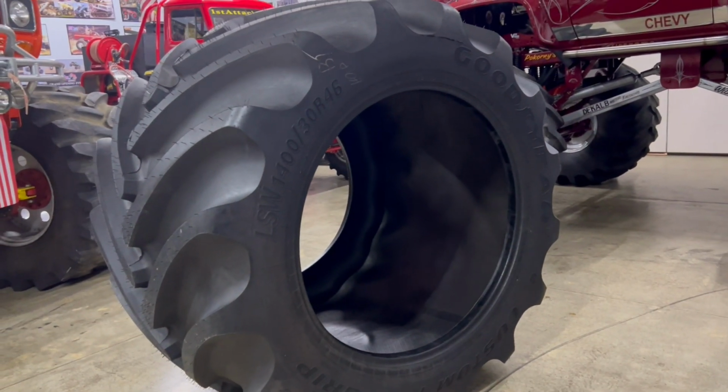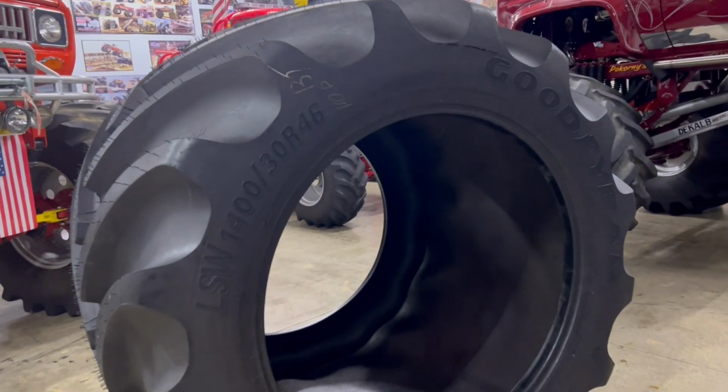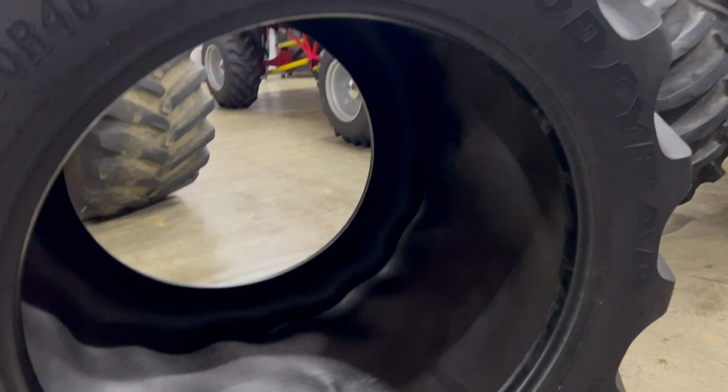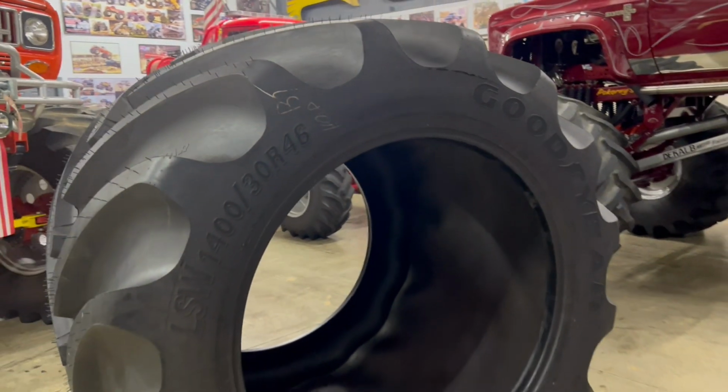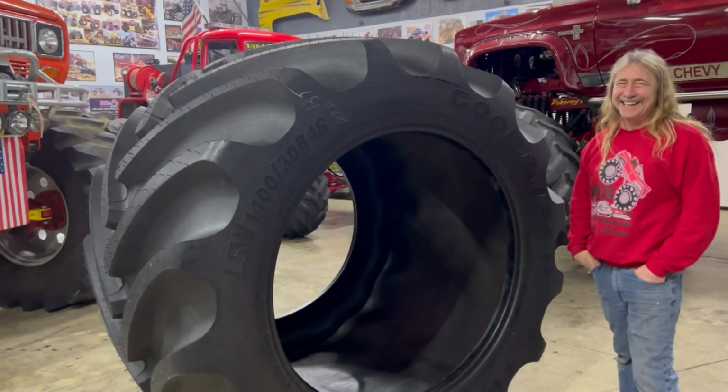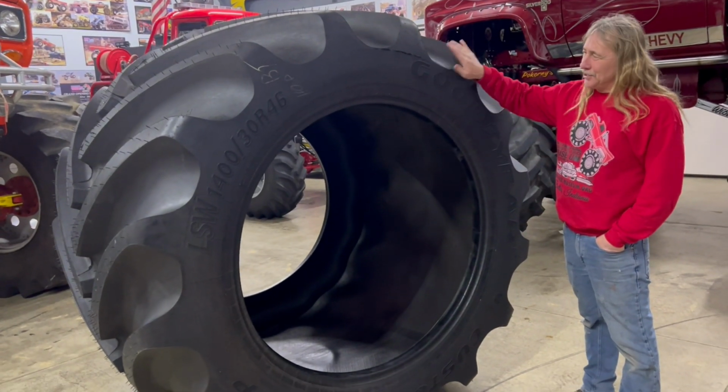You said that's an 80-inch tire? Yep, 80 by 50, and it has a 46-inch rim in it, so you can crawl right inside of there. Goodness gracious. And what's the going price on one of these nowadays? About the price of an average car. Goodness gracious. Well, I'm glad that my Impala...